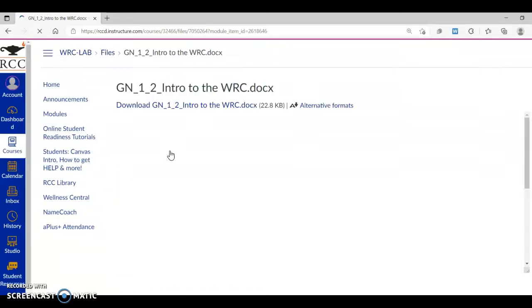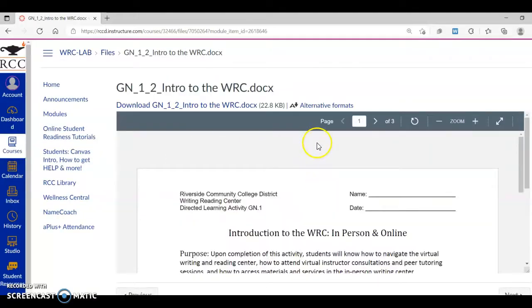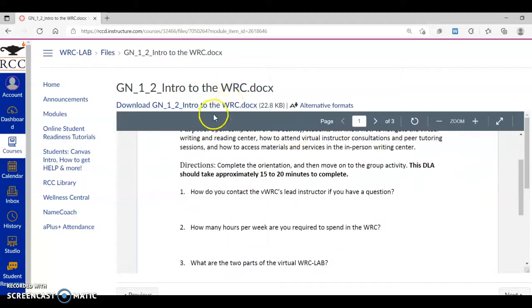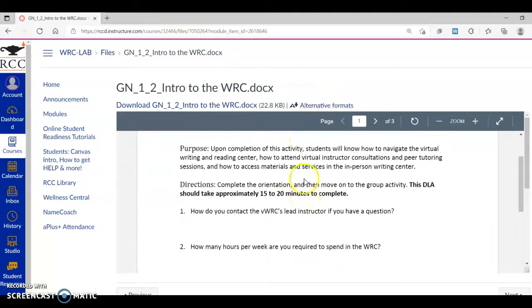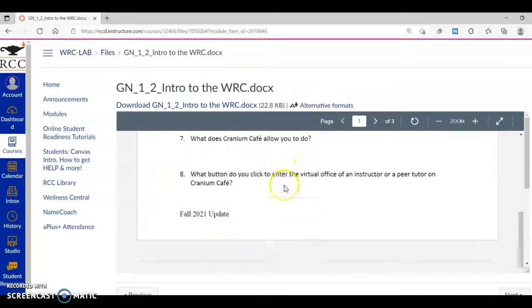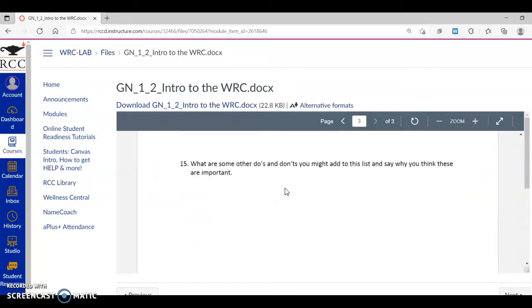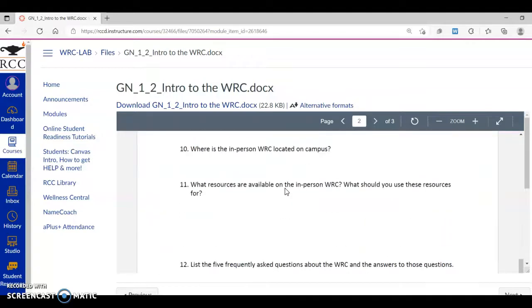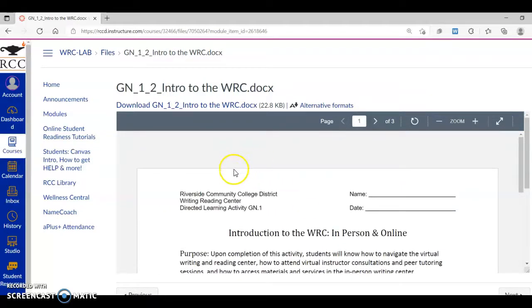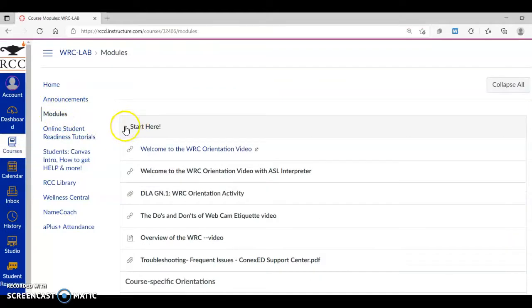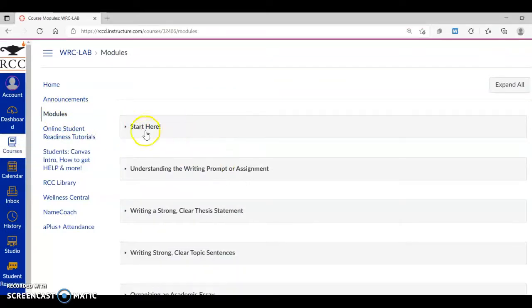You click that, and you can download it as a Word document. There's alternative formats, and you just answer all of the questions. Most DLAs require that you see an instructor or a tutor afterwards. This one does not, because all of the answers are in the videos. So I just wanted to remind you that when you're in the Writing Center and you're looking for a DLA, you really should be looking